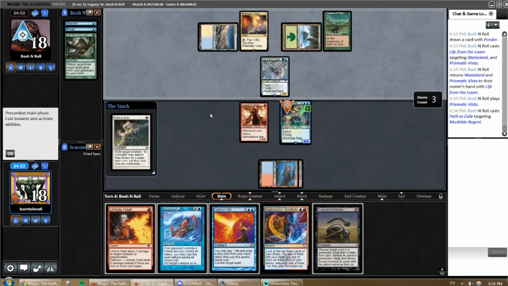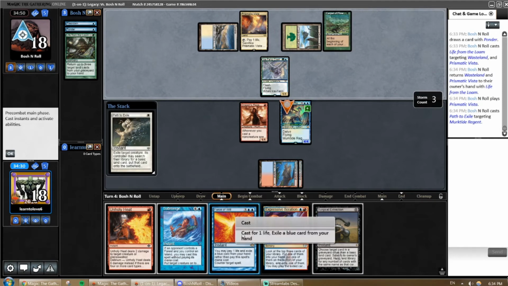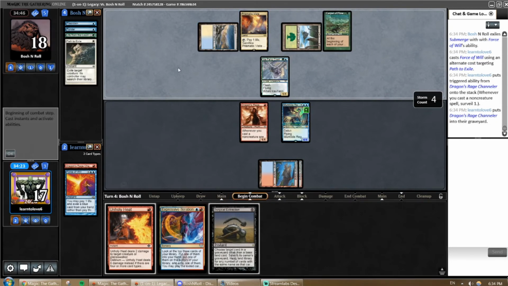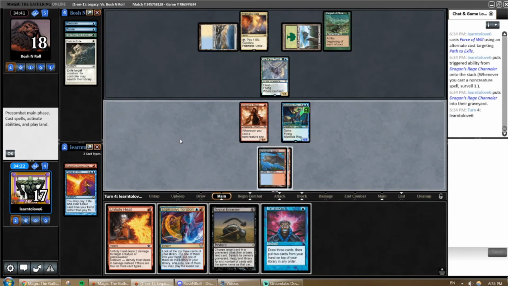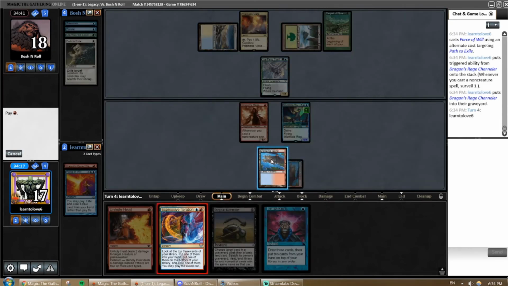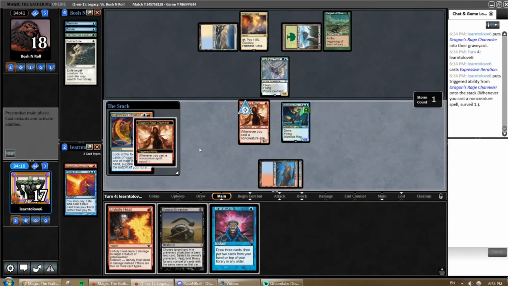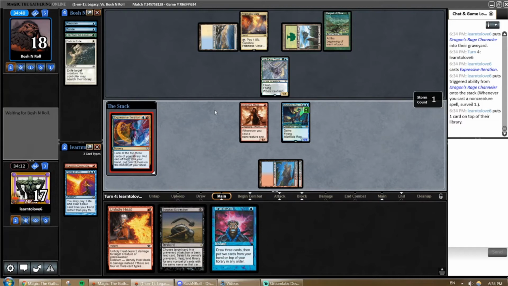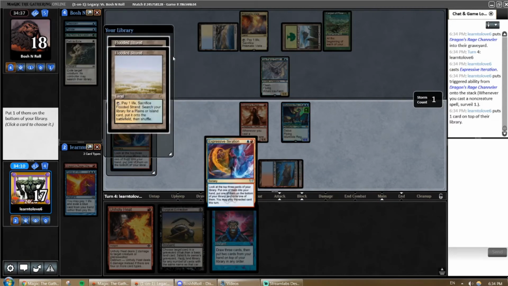Path to Exile. Now I think I'm just going to force, pitching the Submerge. We can bend the Channeler. I know there's a Wasteland in Brian's hand here. Brainstorm. Okay, so I think I like casting the Expressive Iteration. It's a little risky if we miss on a land, but it's not that big of a deal. And we didn't. Okay, so Iteration in hand, land,